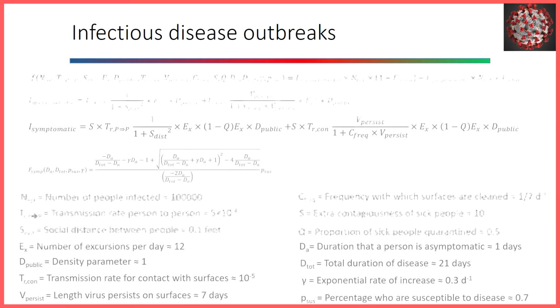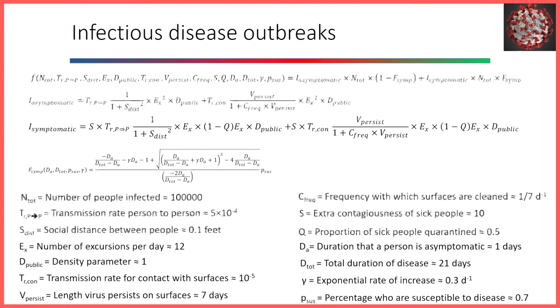All right. Let's go back to our study of infectious disease outbreaks. In Toolbox 8.1, we derived an equation for the number of people who get infected each day. F of N_tot, TR_p2p, S_dist, Ex, D_public, TR_con, V_persist, C_freq, S, Q, dA, d_tot, gamma, P_sus equals the infection rate for asymptomatic individuals times the total number of people